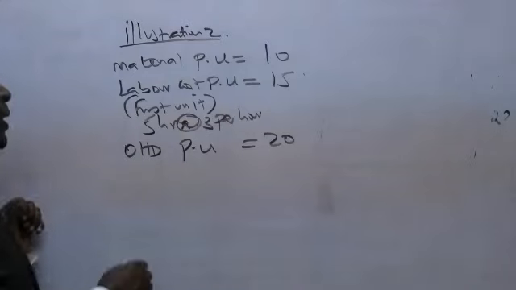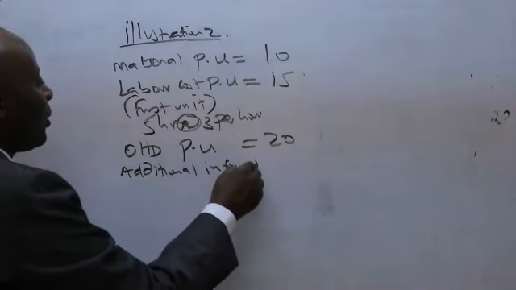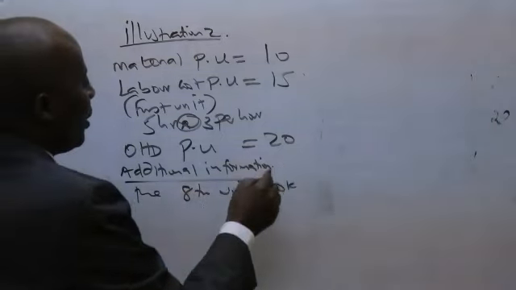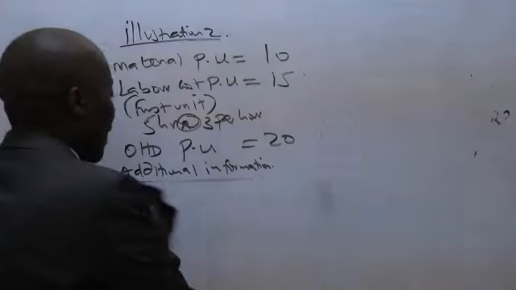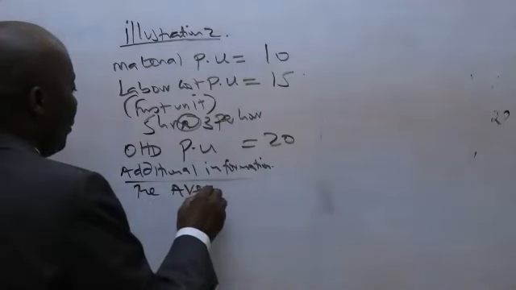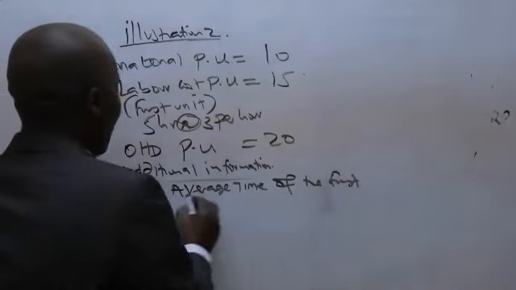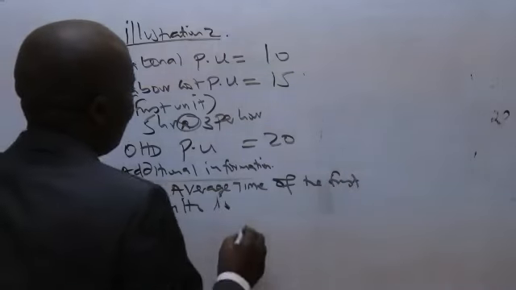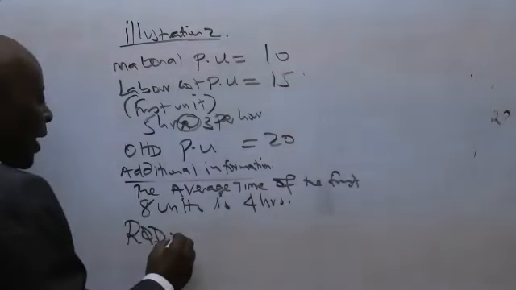So from there, you'll tell them additional information that the average time of the first 8 units is 4 hours, and then you are required to calculate